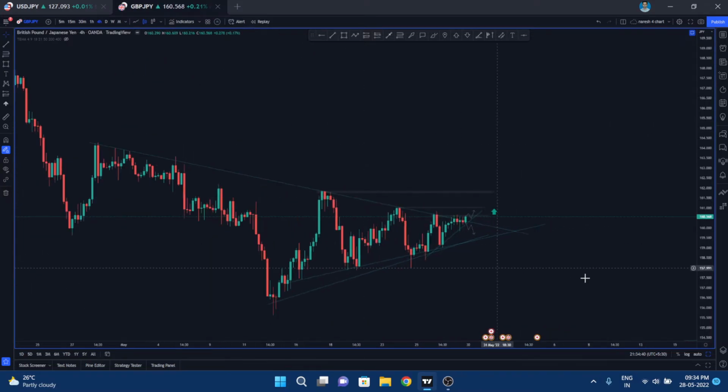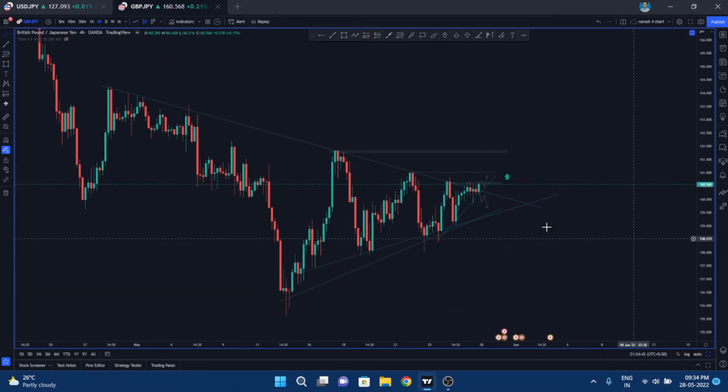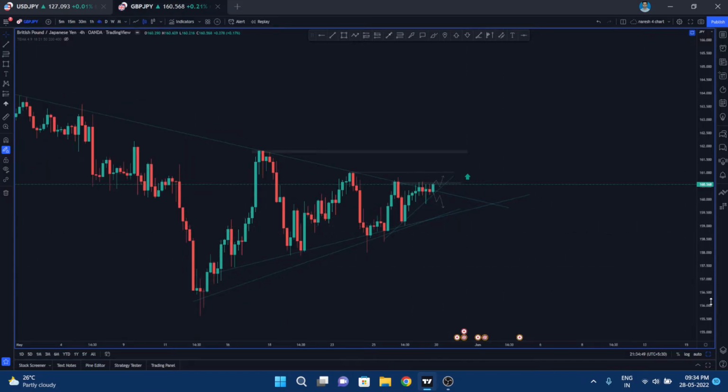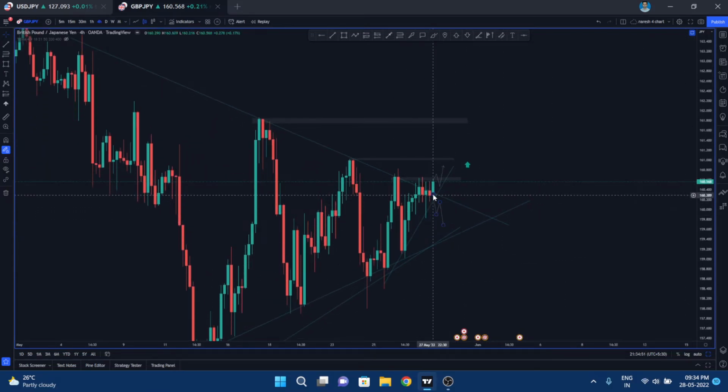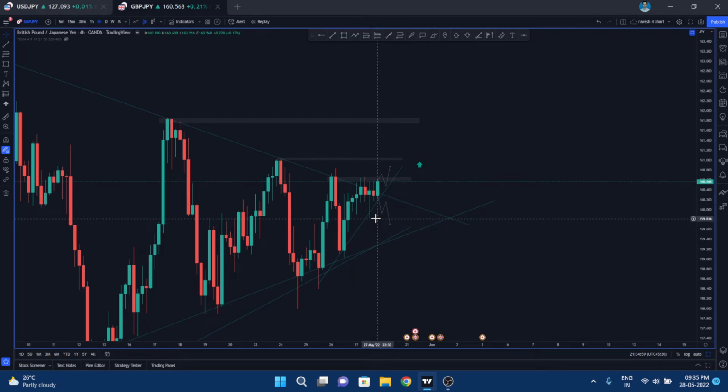So next would be GBP JPY, guys. GBP JPY is turning bullish right now, as we can see here. It was in consolidation here, and the close is away from the pattern, so it broke out a little bit, but it is not a strong breakout, because it is the end of the session, so it is not a confirmation here.